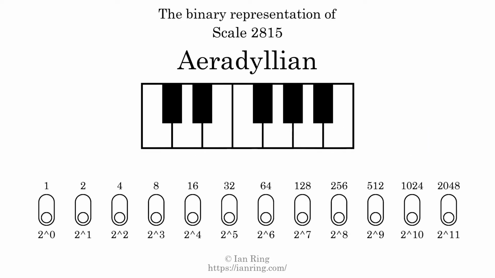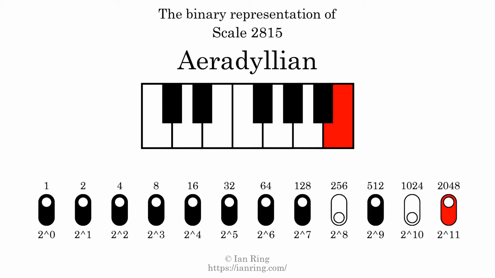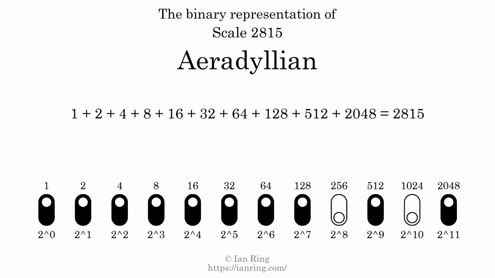The binary representation of this scale is determined by mapping tones of the scale to binary digits. Each binary digit represents a power of 2. To get the scale number, we add the powers of 2 together. The powers of 2 that are present in the scale, all added together, equals 2815. That is why the scale number, in decimal, is